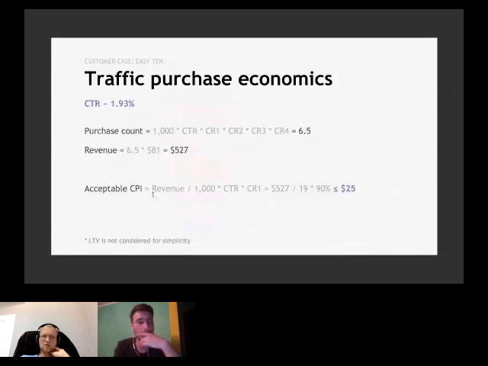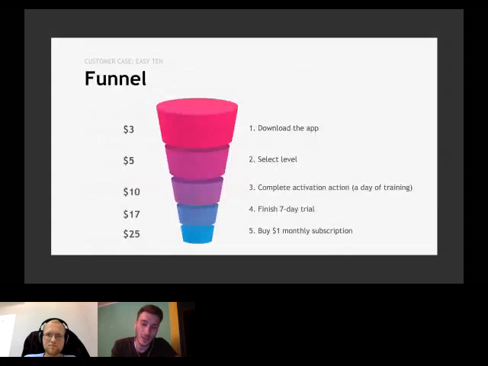Actually, yep. This is not CPI. I think this is CPA. Yes, this should be CPA. Cost per paying customer acquisition, so cost per purchase. Yeah, in their case, that should be cost per mobile app checkout. Is that right, Mike? Yeah. The cost per install is going to be less than that if you just look at the funnel. So yeah,